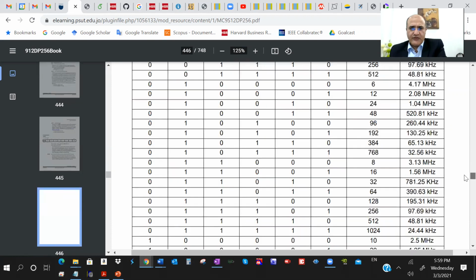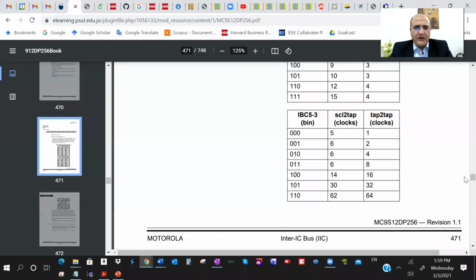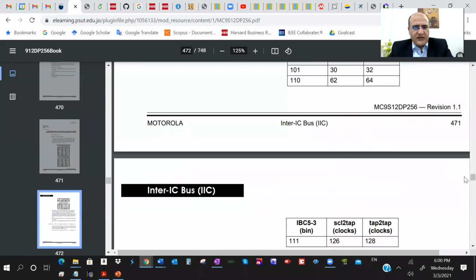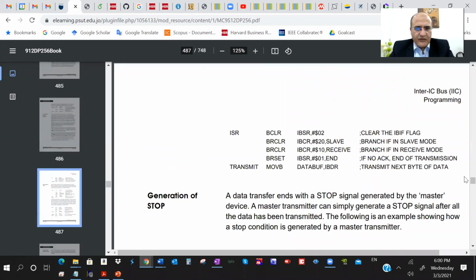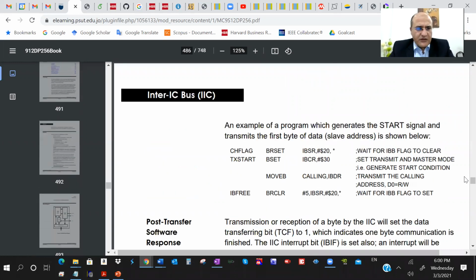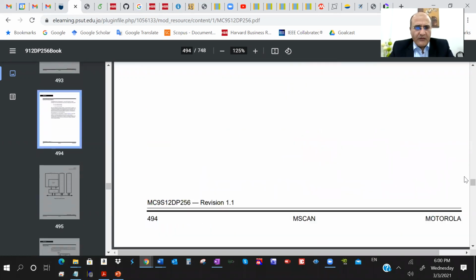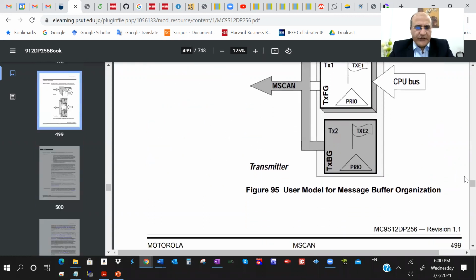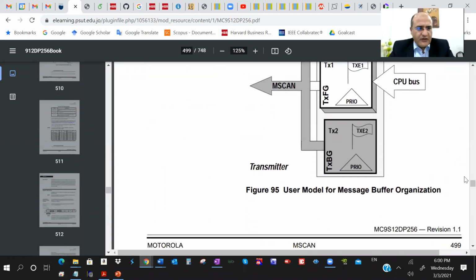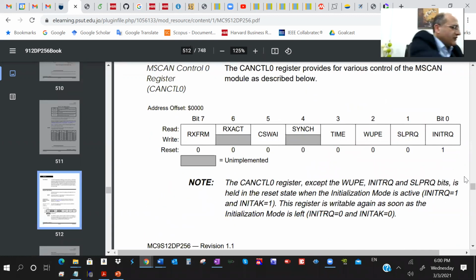If you go to something else, what is this? The PLL clock, I2C, CAN bus. 500 pages. Anyways, I don't want to go a lot there, but what I want to show here,